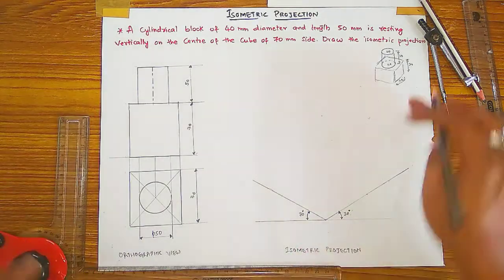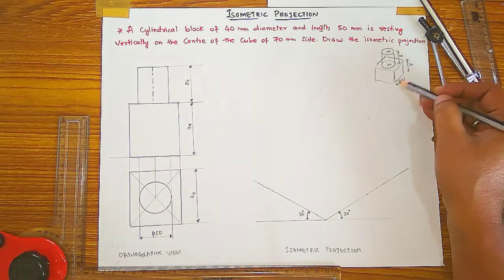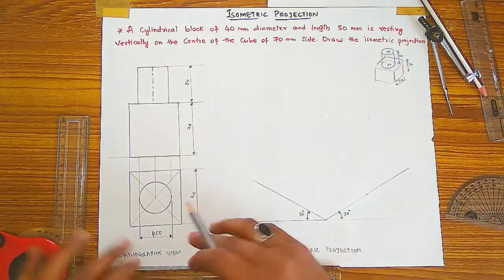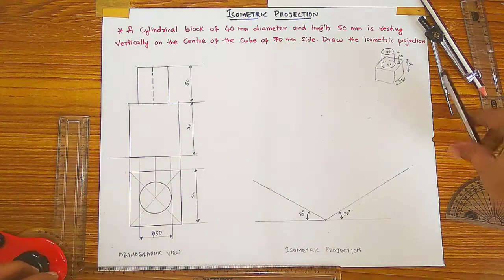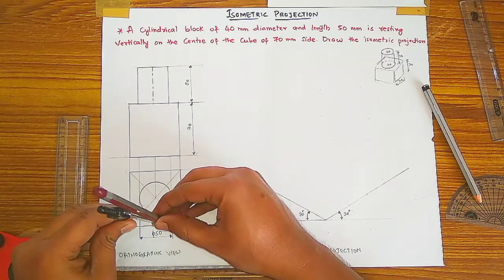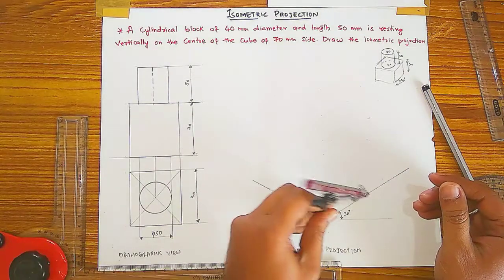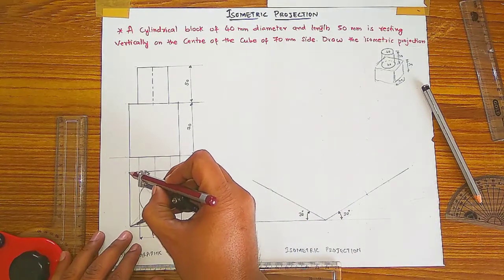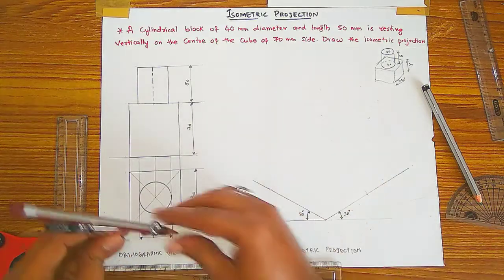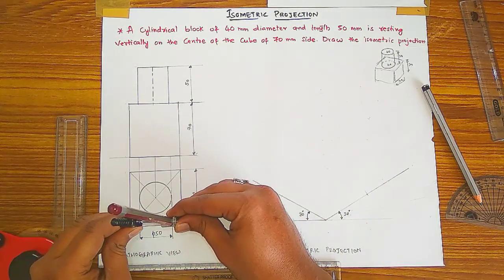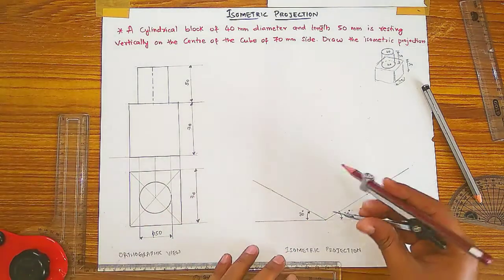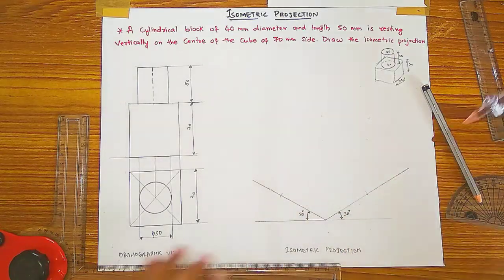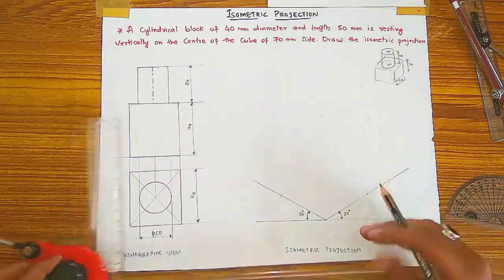Then you have to draw this isometric view, meaning your cube you have to draw first. Okay, only on the cube your cylinder is resting. So to draw these sides of 70-70, I already have the isometric length of 70-70. So adjust your divider like this and take an arc on that 30-degree angle here, and this height also you have to measure, and this will be the same. So measure it and done. Then after, you have to dark this line.